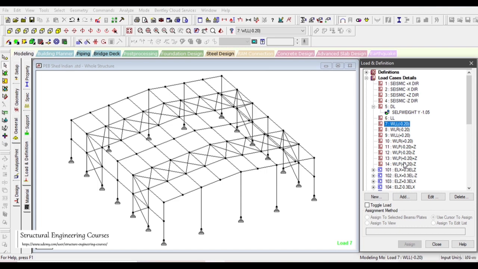So more or less both the tables or both the values are same. And coming back to this lecture here, so this is wind load minus 0.2 from left to right, and this is from right to left. So we must be thinking, why are we taking two values for minus 0.2? So I want to explain to you here that